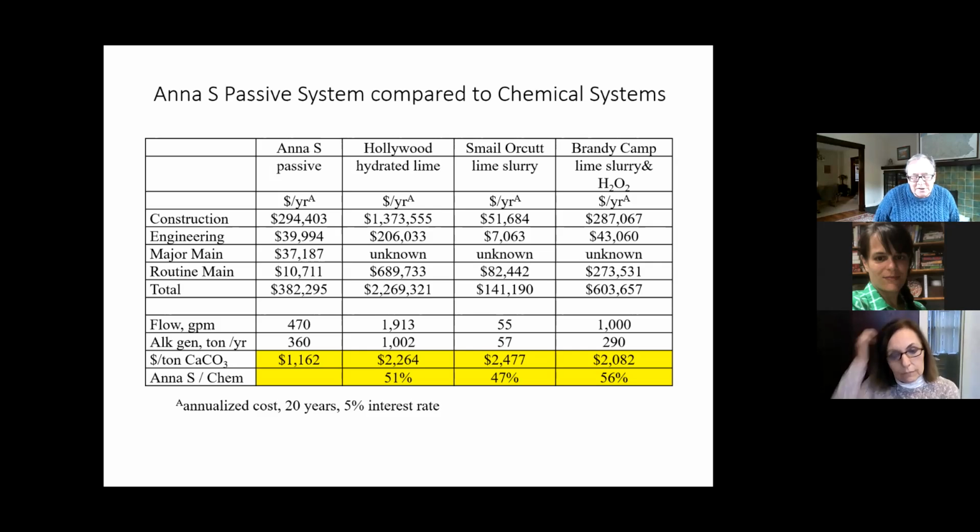Well, you've got to put this into some kind of perspective. And so the perspective is how much alkalinity does each system make? And that's easy to calculate from the flow rates and from the chemistry, which we know. So we know how many tons per year of alkalinity is generated by each system. So we do a little math, and the NS system is making alkalinity at a cost of $1,100 per ton. The Hollywood treatment plant is making alkalinity at a cost of $2,200 per ton. You can see the numbers. The lime systems are all very similar, around $2,000 to $2,500 per ton, about twice as expensive as the passive